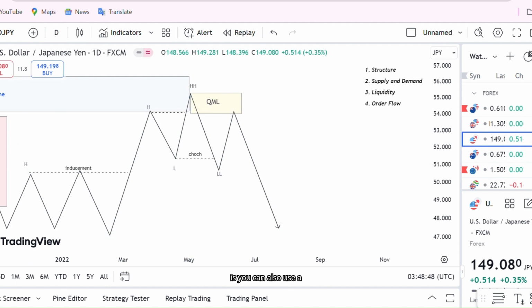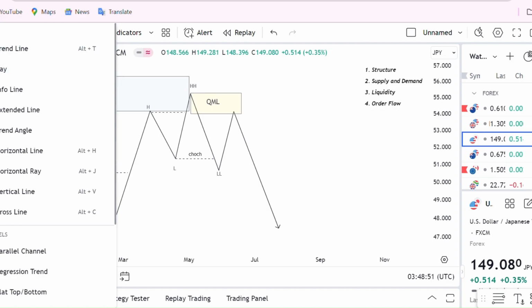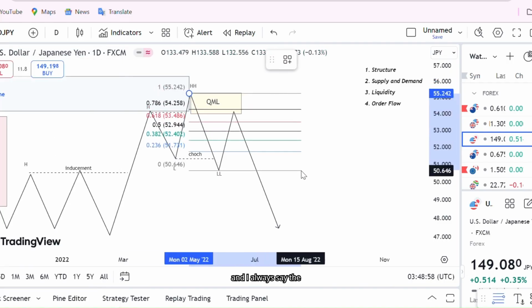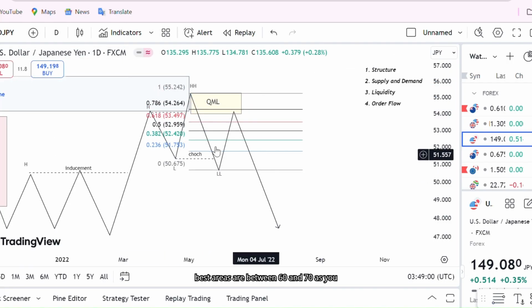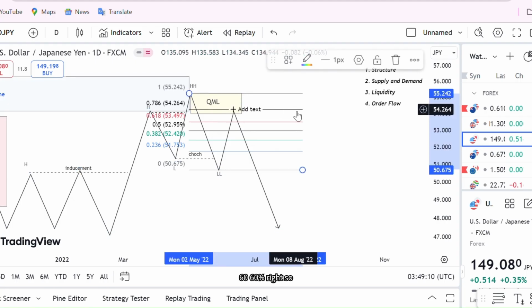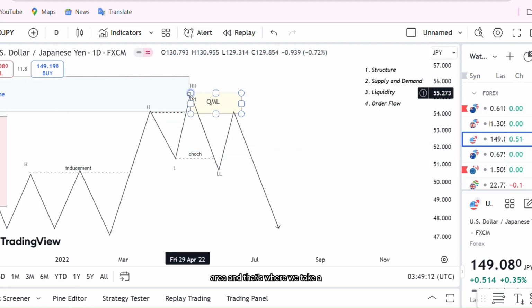So what you can do is you can also use a Fibonacci retracement tool. And I always say the best areas are between 60 and 70. As you can see, this QML zone is exactly at 60%, right? So there's usually an order block in this area, and that's where we take a short,